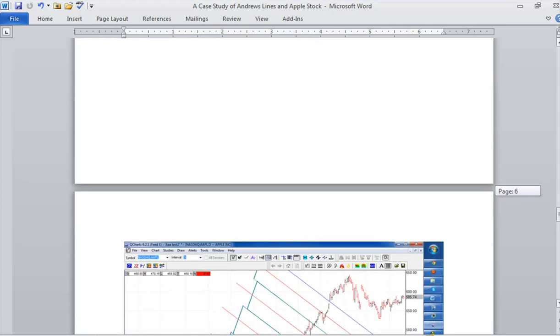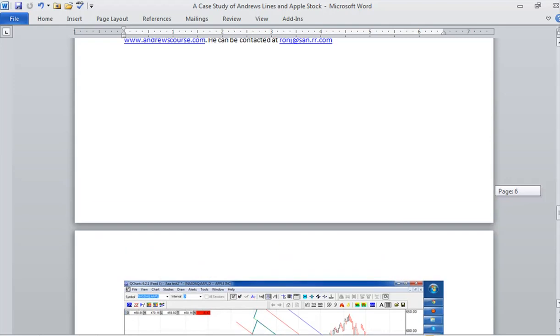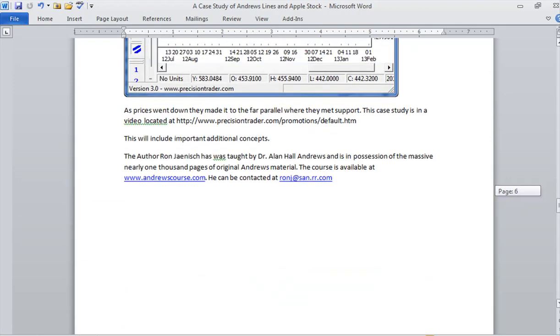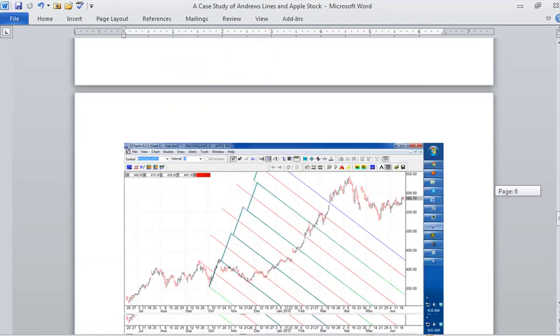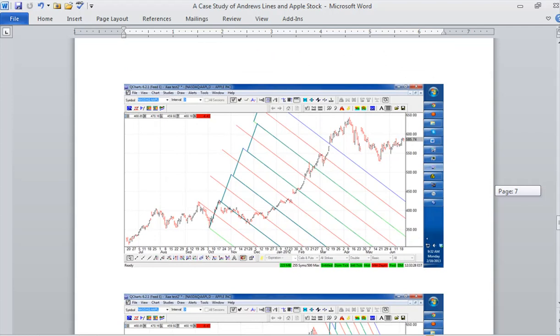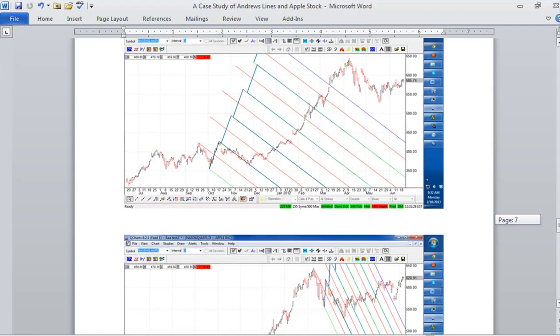Now, there are some other concepts with this, and those are the concepts of finding the entry points. Okay, so where did you find some additional entry points in here if you were simply drawing Andrews lines? Well, the answer is simply using the warning lines to determine approximately where your support and resistance points would come in. And notice here all the warning lines are drawn, and notice this kind of looks like the profit ladder, right? And you can use the warning lines in this kind of situation for your profit ladder,